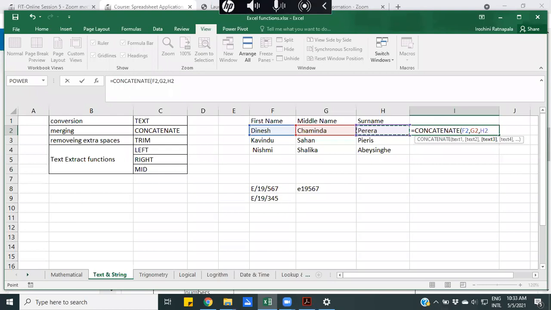What do you think about the space between the two names?